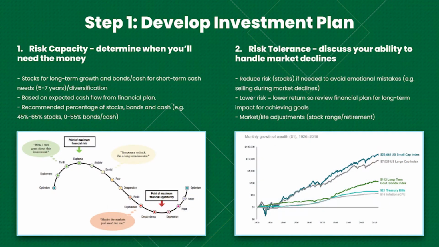Is what's the money for and when are you going to need it? Is it retirement? Is it college for the kids? A legacy for your family? Money needed in the short term should be in safe, high quality investments, and longer term money should be invested in global stocks for long-term growth. And so that is something we call risk capacity, our first step, to determine how much risk you can take depending on when you need that money.